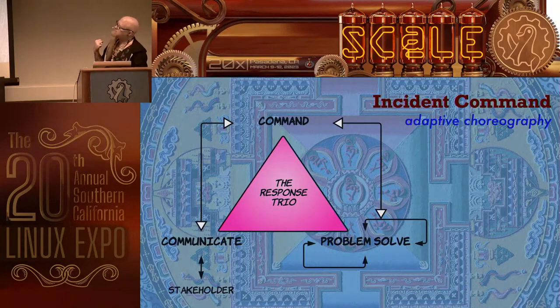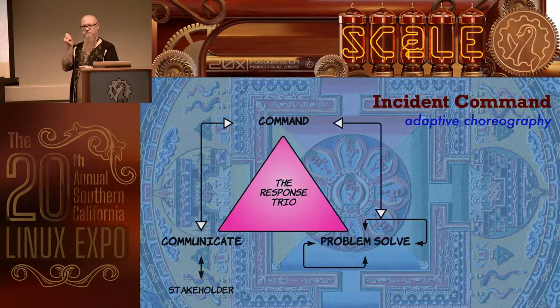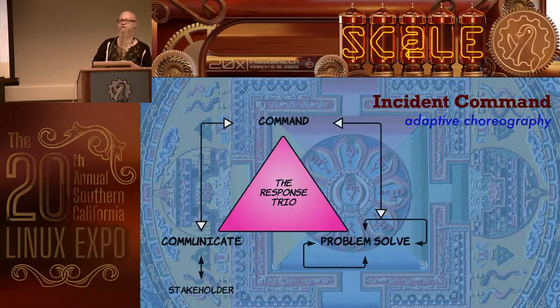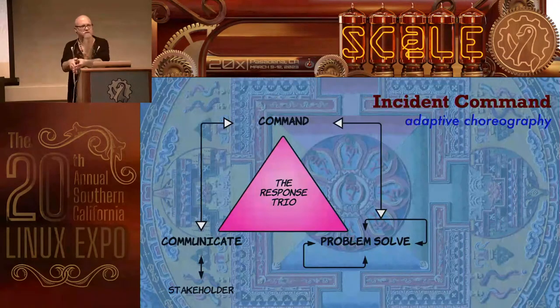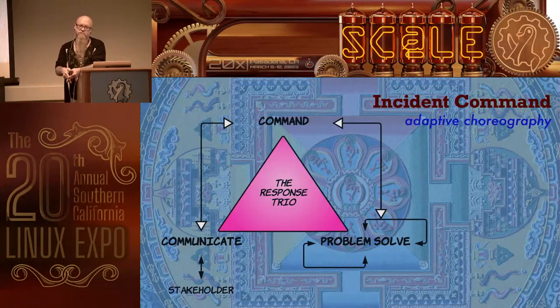And what this signifies here is something called adaptive choreography. This is something that Laura McGuire talks about in this ACM Queue article. I have references at the end of the slides if you want them, and I'll make the slides available. So adaptive choreography is described by the command being loosely coupled, if you can think about it that way. So we have problem solvers down here, and they have that little clover leaf of arrows around them, and that means that they're working locally. They're making local decisions. They're being flexible about what they need to do. They are the ones that know what's going on there at the sharp end. So we need those people to make those decisions.